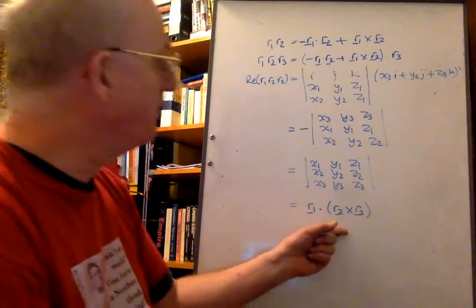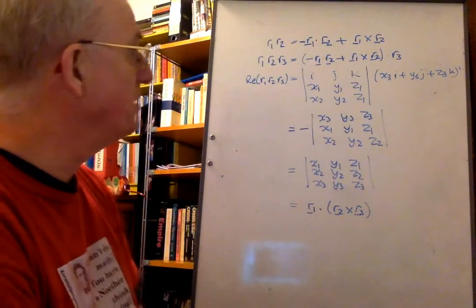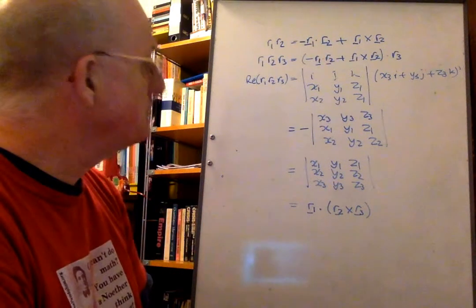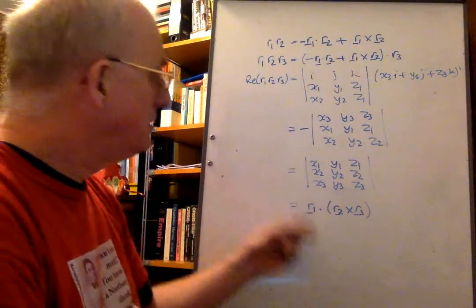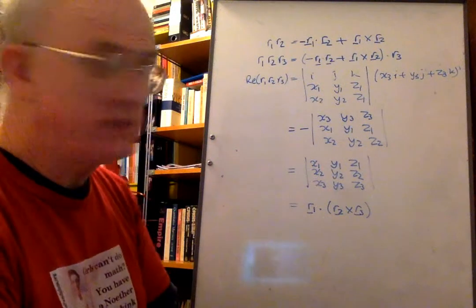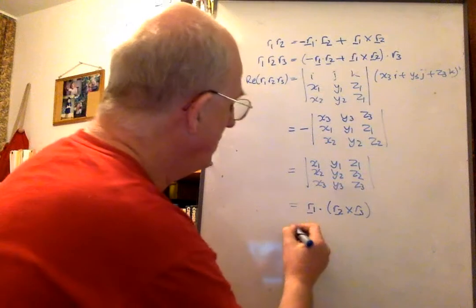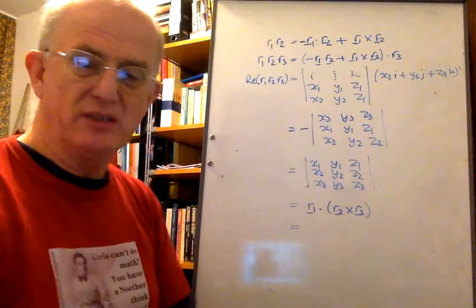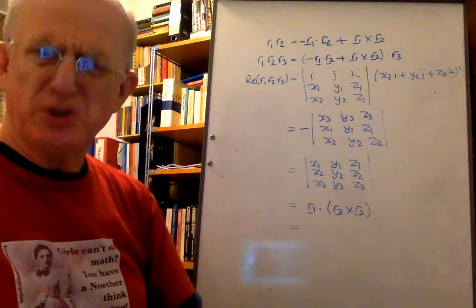The triple product of the vectors is the real part of a triple product of quaternions, and it's equal to that determinant,